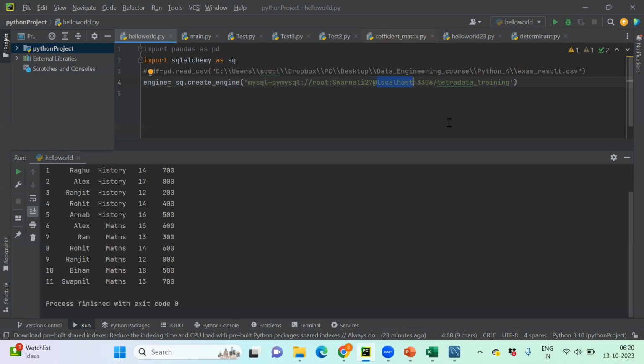maybe it's an RDS. RDS is one kind of AWS service. If you are using AWS, they have their own database software, SaaS database software. You just have to put the server name where the database has been hosted. Port is also there, but the thing is, while designing an ETL, you should not put this kind